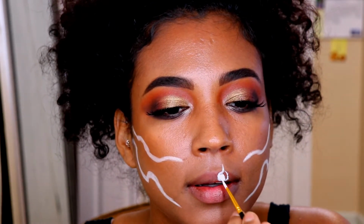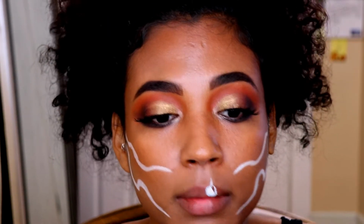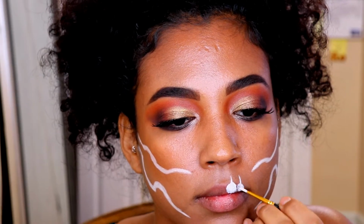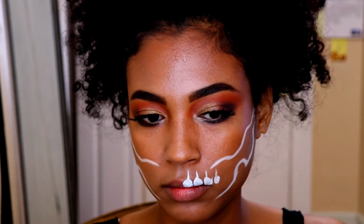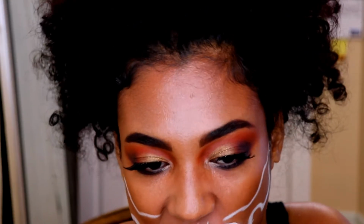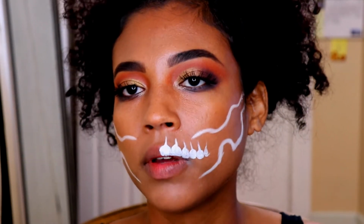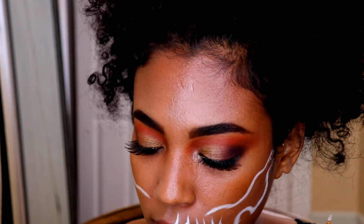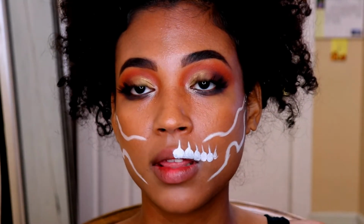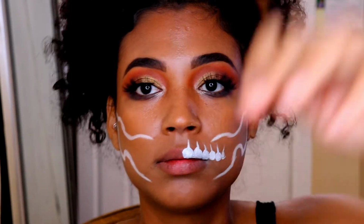Oh, this paint is super pigmented. Making them too big. Like this one could have been off, once it hasn't dried, which was good. I connected them because I feel like he has them really close together. And I'm just gonna do the rest of this off camera because it's gonna take me